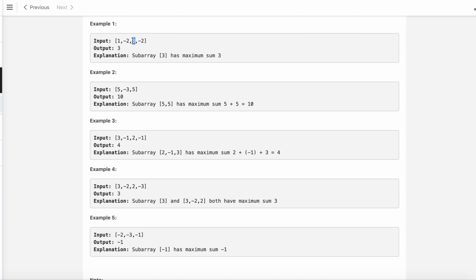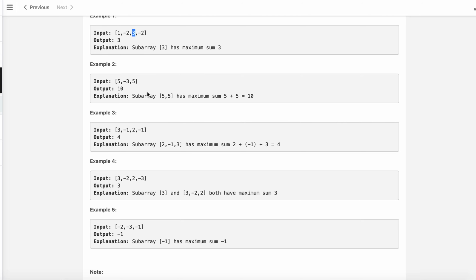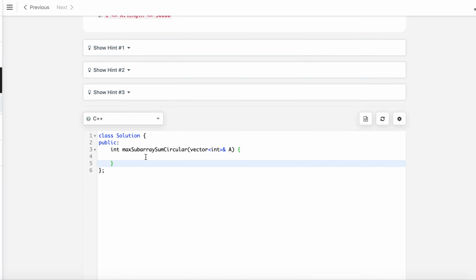The output is 3. We are taking only this subarray, 3, which has the maximum sum 3. But in this case, a subarray should be continuous, but as this is circular, we may assume that there is something to the right side, like so. This is the maximum subarray sum, which is the concatenation of